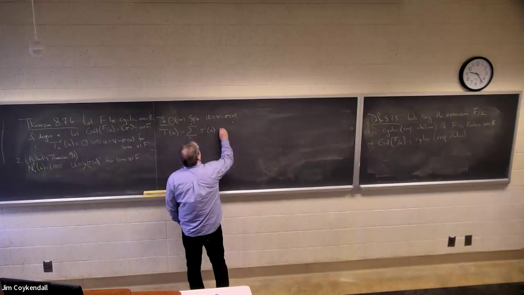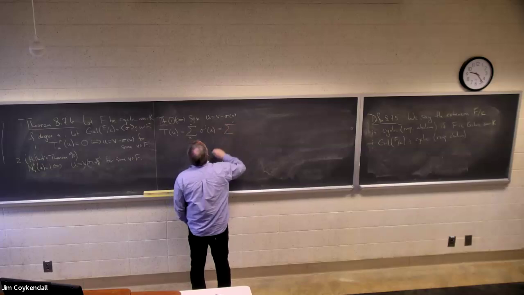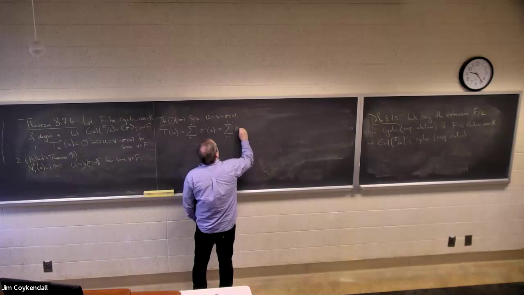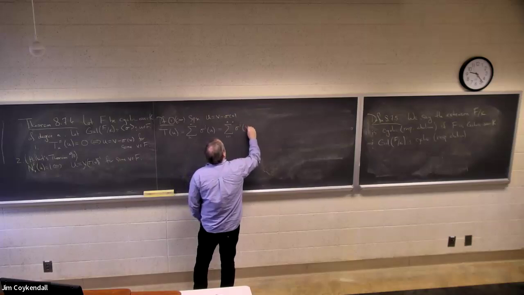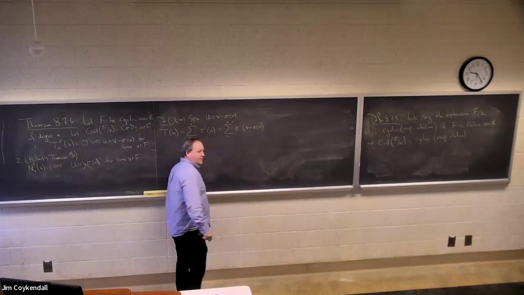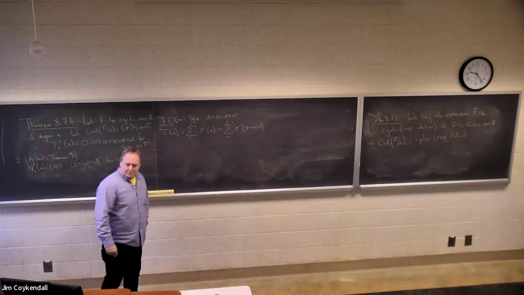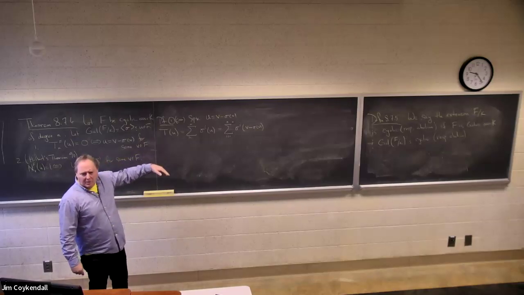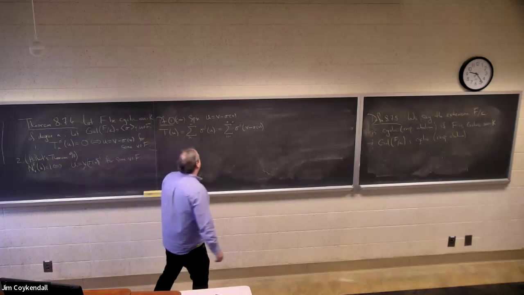But this is the sum of sigma_i of v minus sigma_i of sigma v. Now remember, these sigma_i's are all homomorphisms, right? So this is